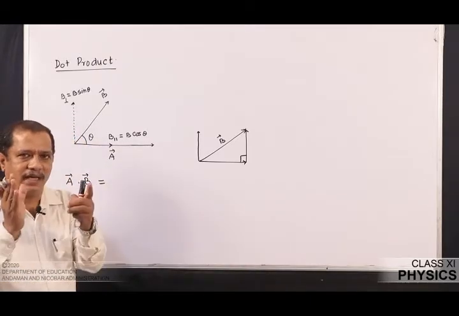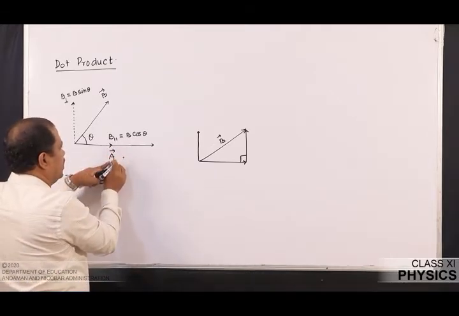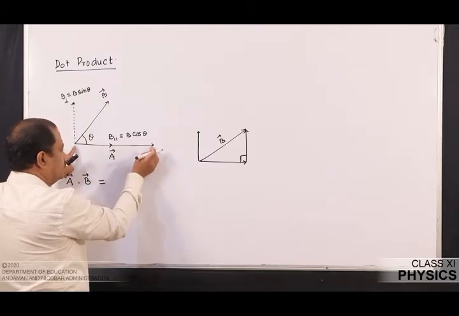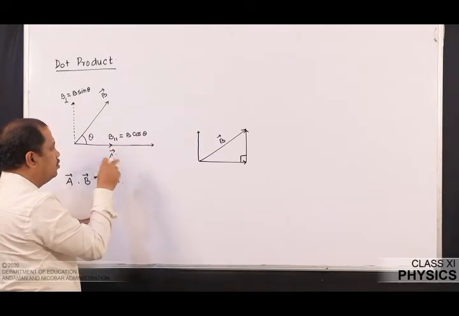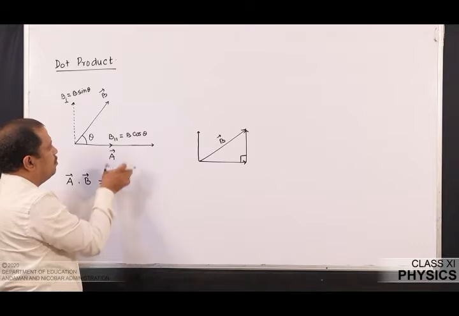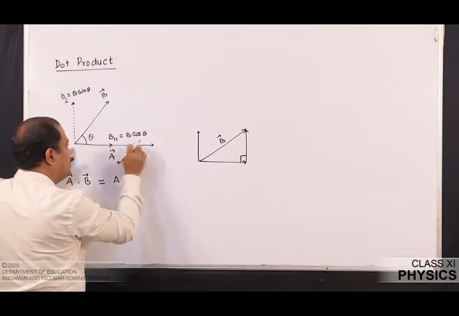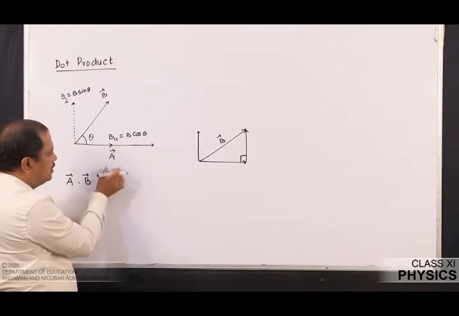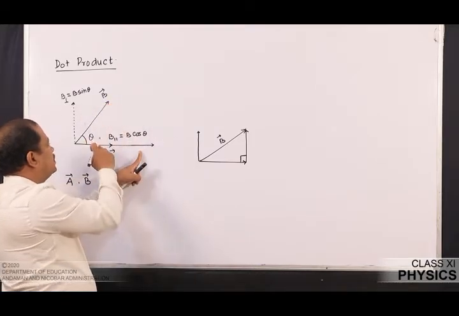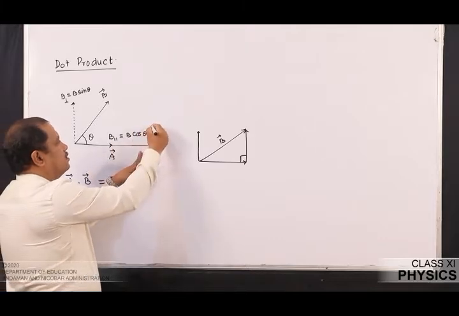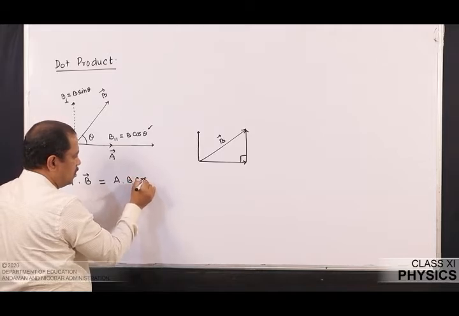So when I say I am going to get a scalar quantity, it means I am going to have the magnitude of vector A. Magnitude is nothing but the length of this vector. So I take the magnitude of one vector into the magnitude of the component of the second vector that is lying along the first vector. The first vector is A for me. Now I am trying to find the component of the second vector that is lying along the first vector A. So that is this, and the magnitude of that component is going to be B cos theta.